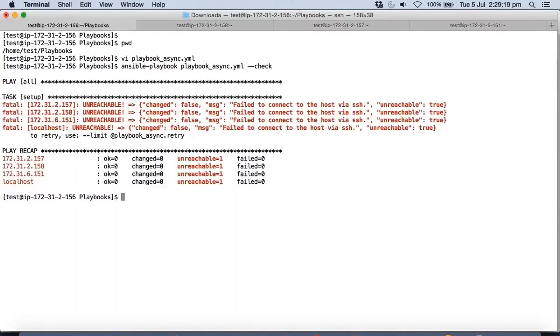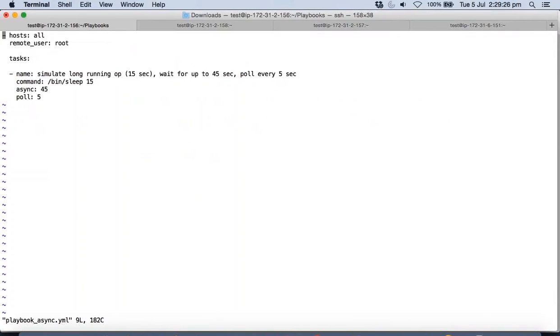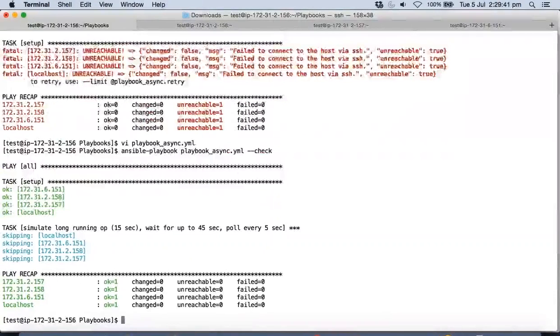Okay, so it's going to check for the connection via SSH. It is showing failure because the Ansible file does not have the host. The remote user is mentioned as root. I need to change it to test. Now you can see